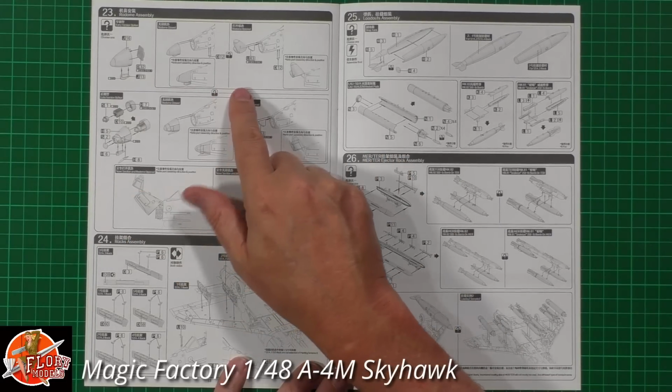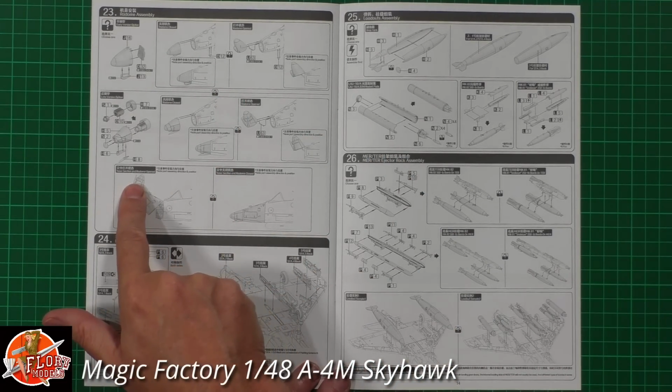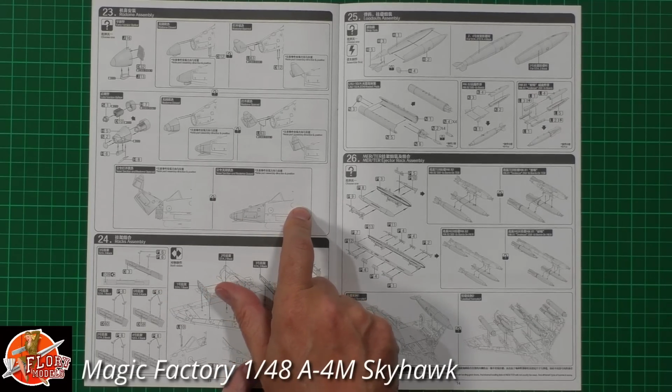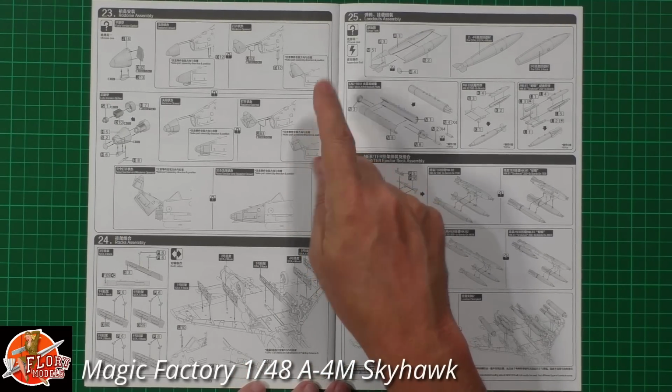Then you've got the last bit of the nose, so if you wanted to, you could have, like here, the nose open and open again, or you could just have it all closed up. If you want it closed up, go and buy the Hasegawa kit, trust me. But if you do want to show it, which why wouldn't you, it's all there